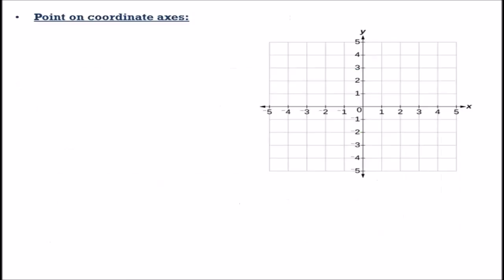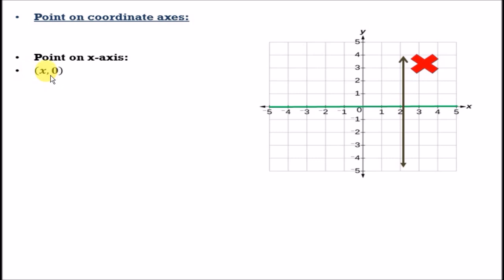Let us now look at point on coordinate axis. First, point on x-axis, the horizontal axis, which is marked in green. As the point itself is on the horizontal axis, there will be some value of x coordinate. But since the point itself is on the horizontal axis, there is no vertical movement. So the value of y coordinate will be 0. Hence, a point on x-axis will be some value of x, y coordinate will be 0 since there is no